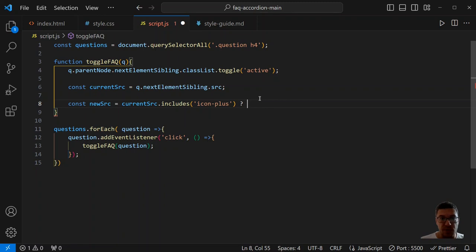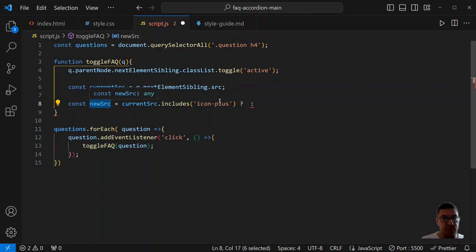After the question mark, it comes what happens if it's true, and after that we put a colon, and after the colon it will go what happens if it is false. Okay, so if this is true, if our source includes icon plus,